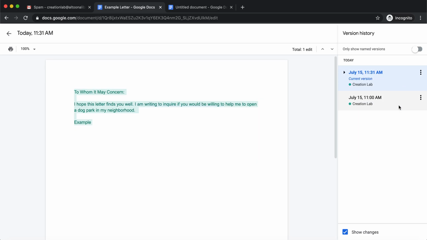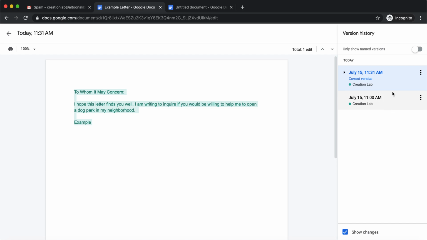I haven't made a lot, so there isn't a very long list here, but if I were interested in, say, reverting the document back to a previous version before or after I made some edits, you could do that